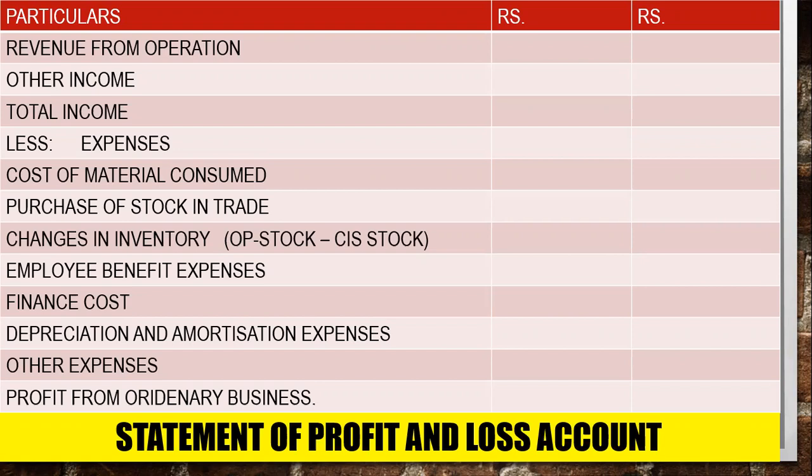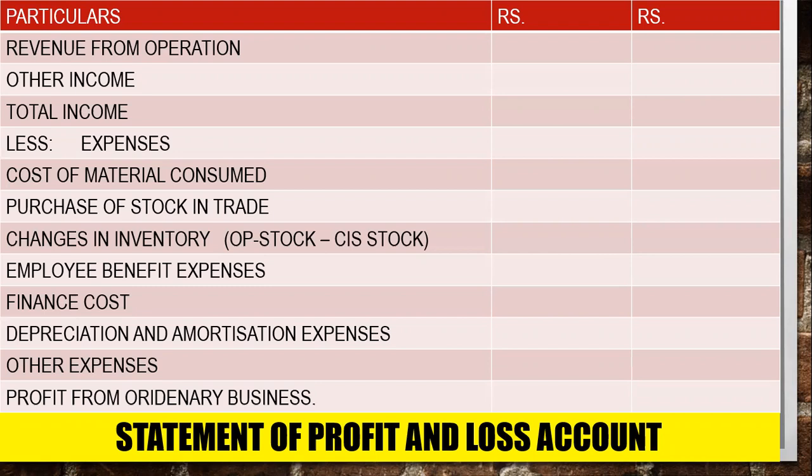After that there are other expenses. Other expenses are those that do not have a separate head. Like if your company is on rent, there will be rent, or you are making any advertisement for your shares and all. Other expenses will come over here, like rent, advertisement, or if you are making any insurance premium payment. If you are sending employees outside of the company, it will come here as traveling expenses. Whatever is not included above will come over here.